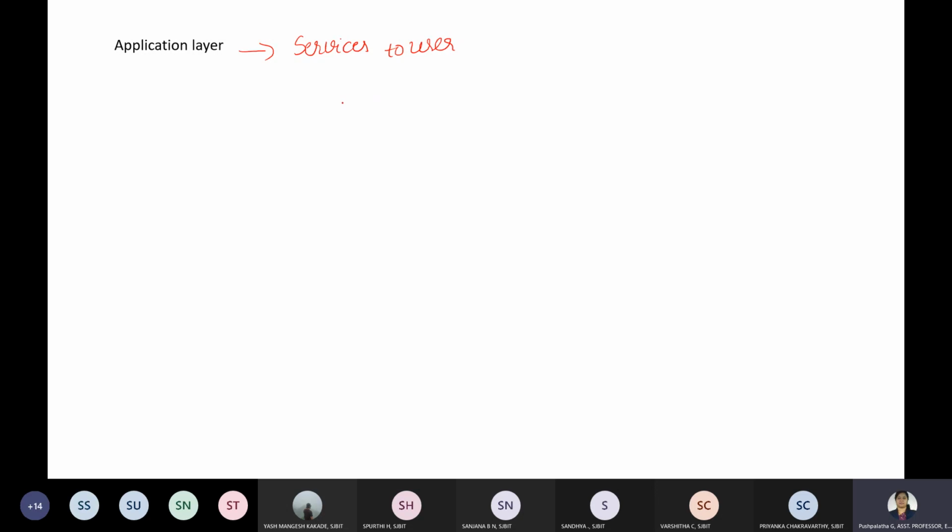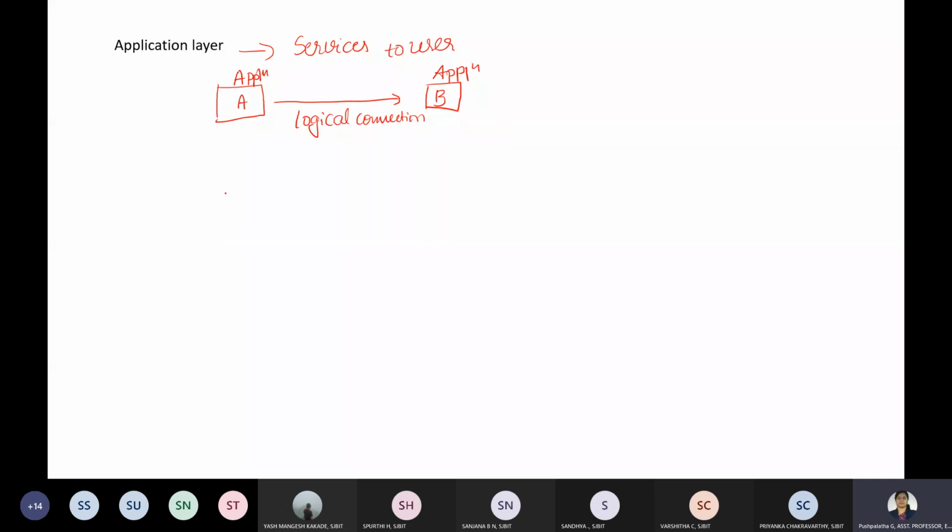That means two application layers assume that there is an imaginary direct connection between them, so that they can send and receive messages. It is assumed that there is a logical connection between the application layer of the sender and the receiver.